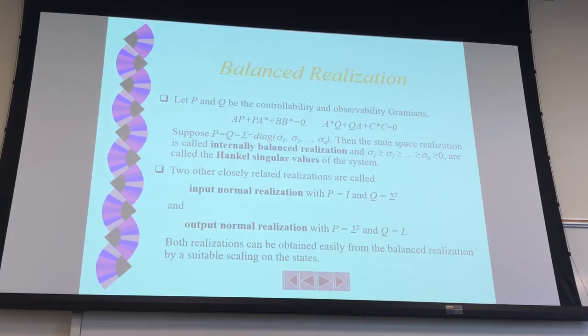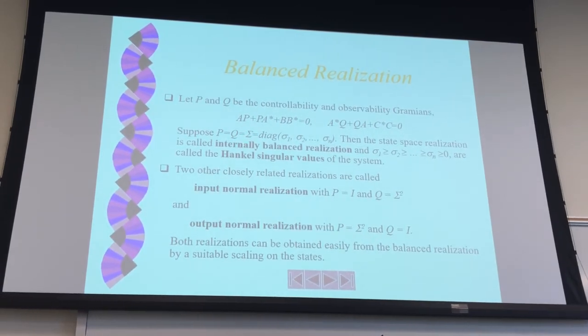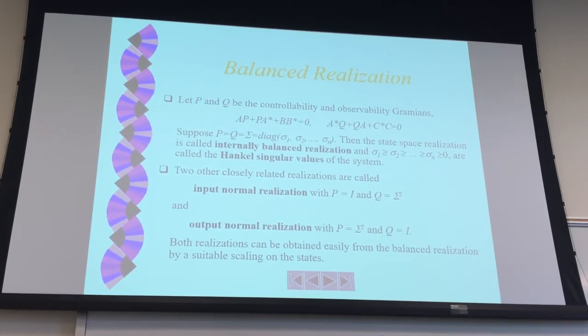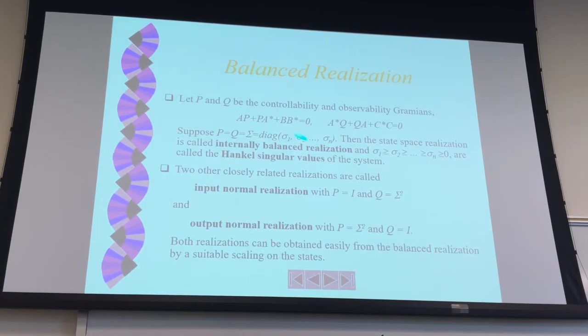So if we make P and Q equal to the maximum singular values, ordered, then you find A, B, C. This realization is called balanced realization. So it's not just P equals Q, but it also must be diagonal, okay? Diagonal. These sigmas, the maximum singular values, have a special name in this case. They're called Hankel singular values. And this ABC realization, such that P and Q equal this diagonal, is called internally balanced